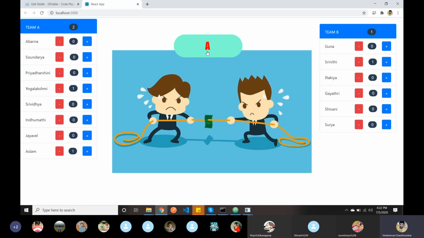Connect is okay. It needs to connect map state to props and map dispatch to props with our component. Fine. Map state to props, you said we need to gather all the reducers. That's also fine. Map dispatch to props, it's also fine. Bind action creators.